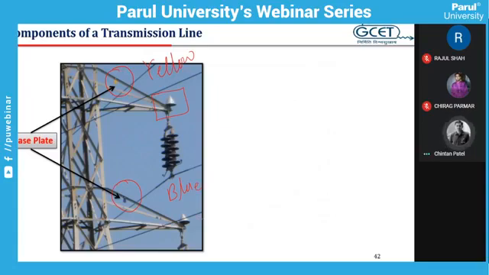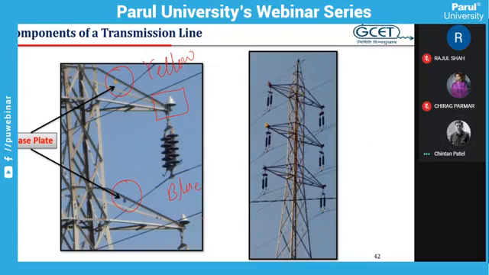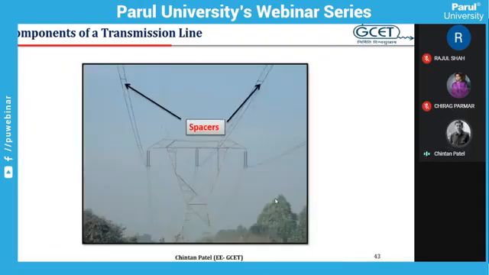Nowadays there is an innovation. A new type of combination is used. Phase plate and bird guard are both the same. How? In this photograph you can see. This is bird guard as well as phase plate. Actually this cone is colored in red, yellow and blue. So they are serving two purposes. They are working as a bird guard as well as they are also working as phase plate. So no separate phase plate is used. Only the bird guard is provided with the different colors R, Y, B.